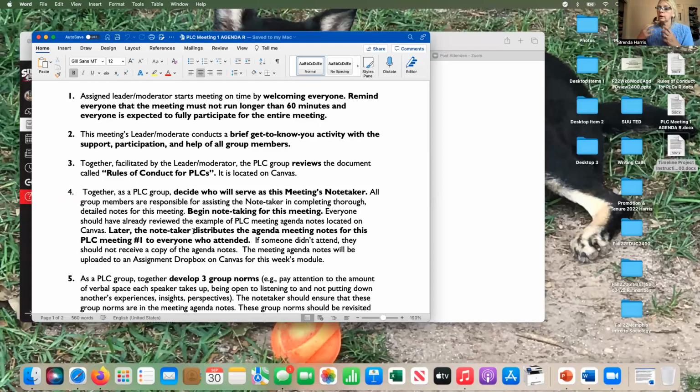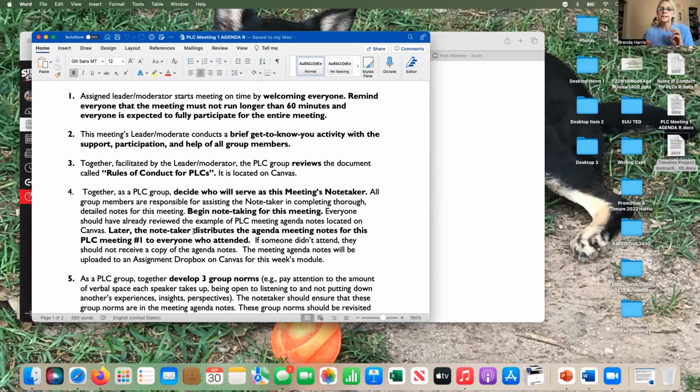Note taker, we're going to be patient with you every meeting because you have the hardest job. So everybody take your own notes and help the note taker, because the note taker can't participate very well without people helping. They're trying to write things down, so help them out. Okay, so once you have a good set of notes that is thorough and complete